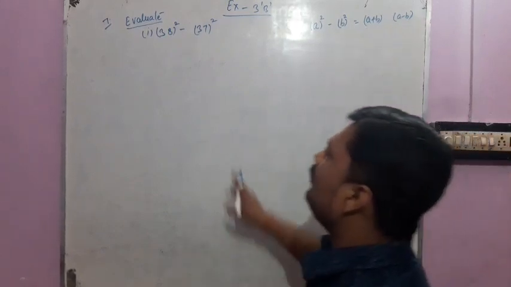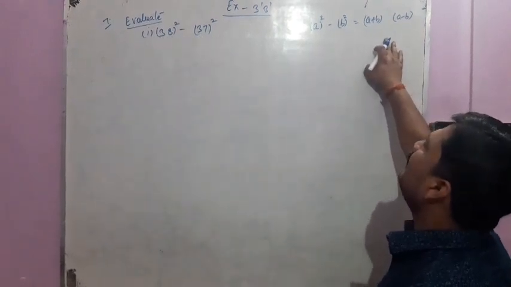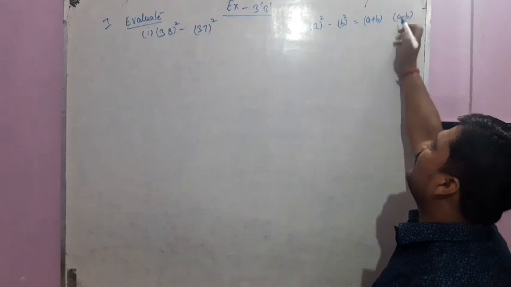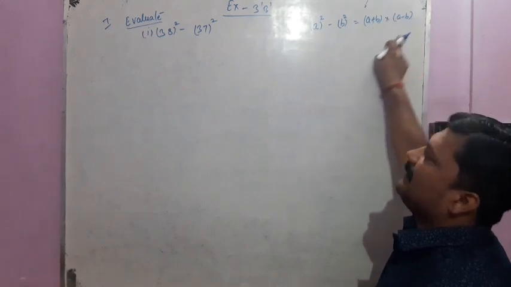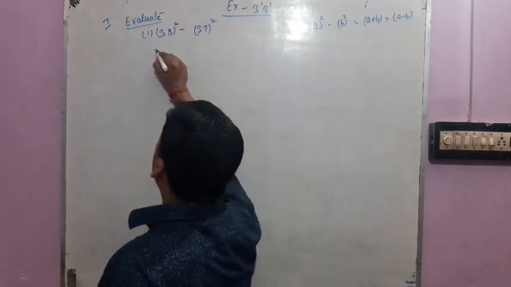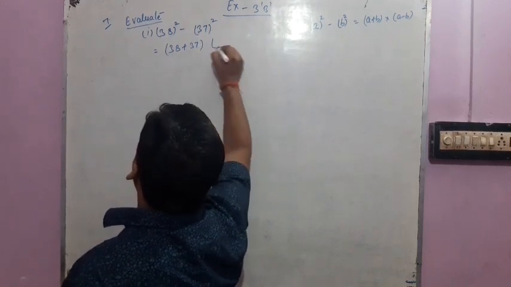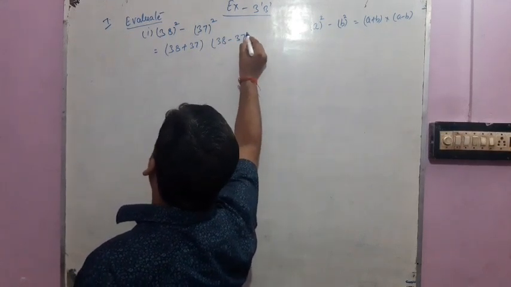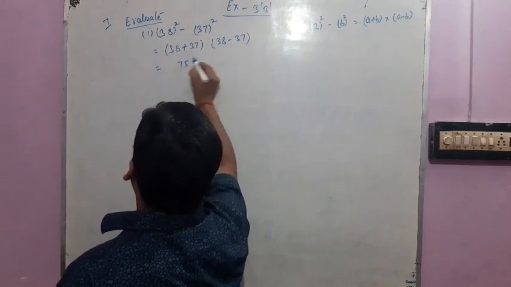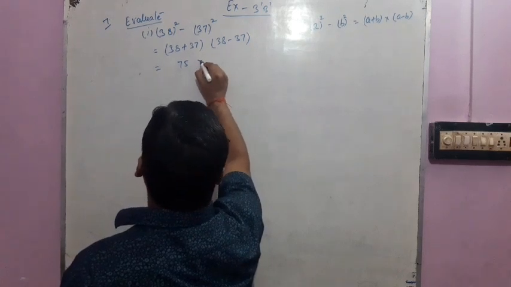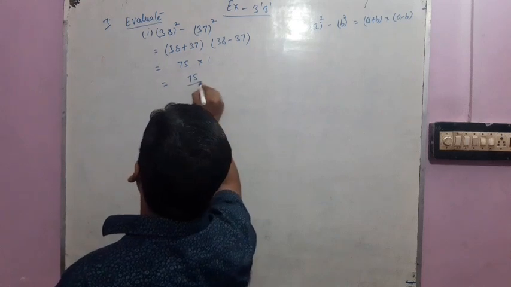Okay. If you have to find the difference of a square of two numbers, then for making it simple, we have to find the product. Here it is a sign of multiply. We have to find the product of the sum of the numbers and the difference of the numbers. Similarly here, first we have to take the sum and then the difference of 38 and 37. So the sum of 38 and 37 is 75, and the difference of 38 and 37 is 1. So here the number will be 75.